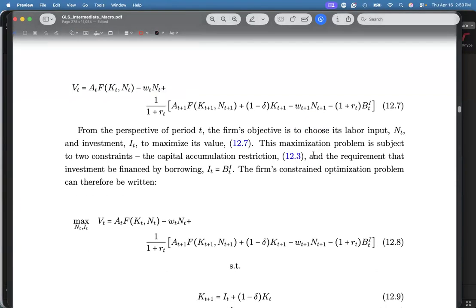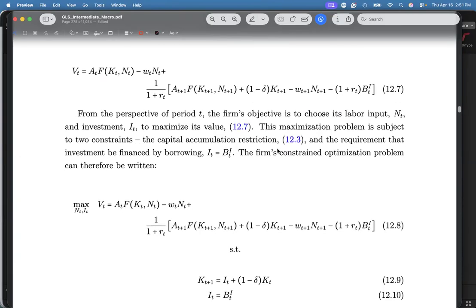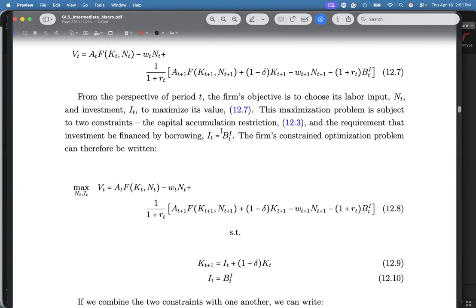Okay, so anyway, that's the situation. May households, I should say, that own all of this, and that's why may dividends to be paid out to them. And they are not the ones responsible for choosing N or investment, IT. But then the managers are, and then hiwalay yung manager dun sa household itself. Okay. So what are the endogenous variables? NT, you choose NT. And you choose IT to maximize this 12.7.